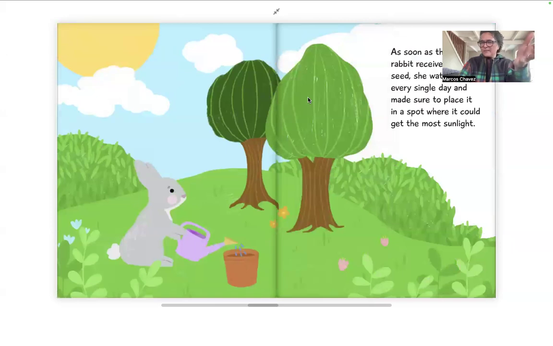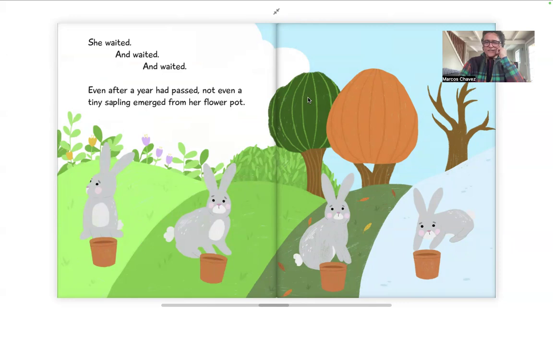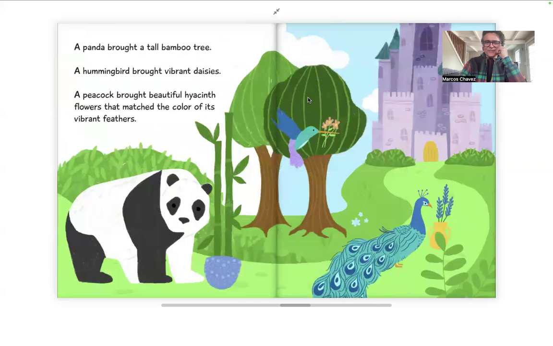The rabbit is one of the animals who was asked to compete in this competition, and it shows the seasons of him cultivating his seeds, but they never produce anything, to his dismay. Even after working hard and doing it right and being diligent and disciplined, the day of the contest comes, and it's been a year, and all the other participants are marching in with their beautiful results, and the rabbit's confused and doesn't know what to do except to show up as promised and report honestly what had